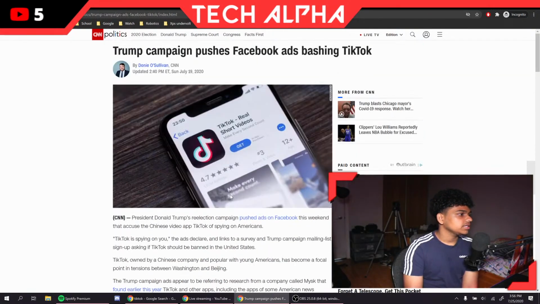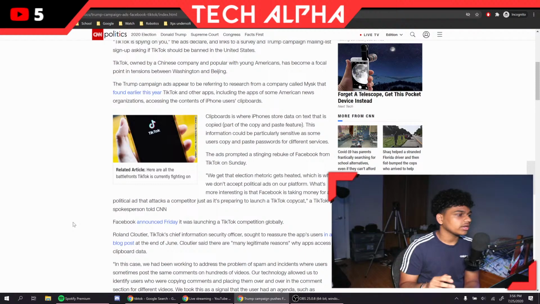And apparently, Trump was running campaigns on Facebook ads, which probably includes Instagram ads as well, promoting the research which was done by a company called MISC, right? But TikTok's rebuttal is that the timing is sketchy because Facebook is looking to release a TikTok copycat soon.